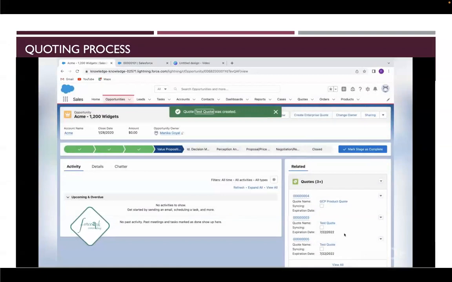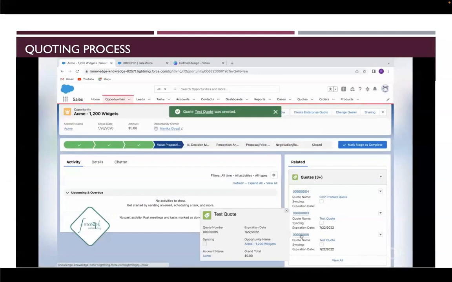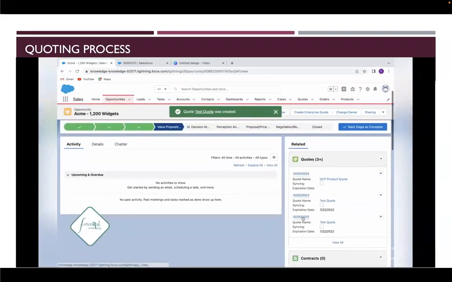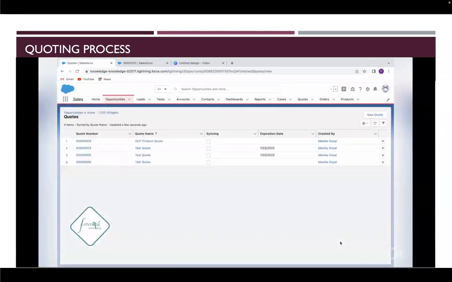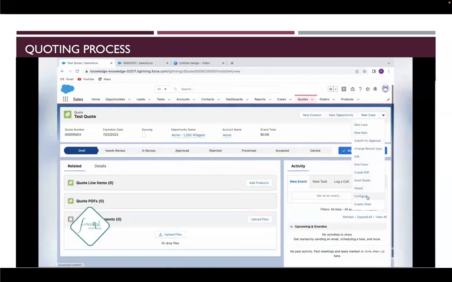I've created a quote, and now I will configure the quote by adding the product to it. These are other quotes which are available. I'll go to one of these quotes to show you how we can configure it. You click on configure,